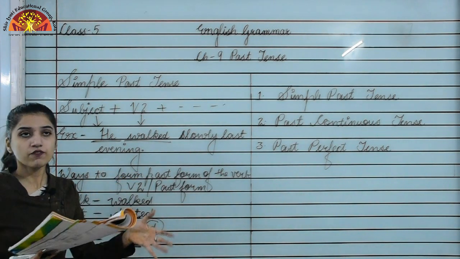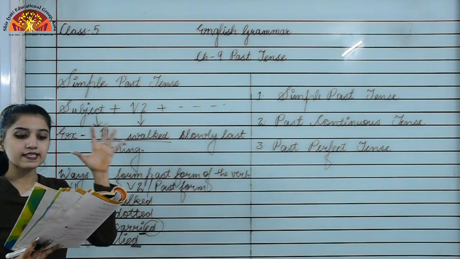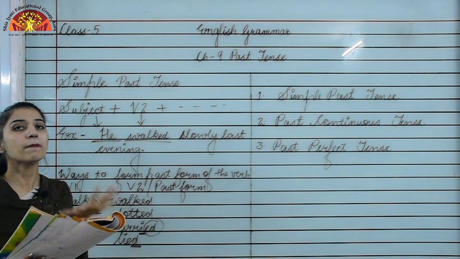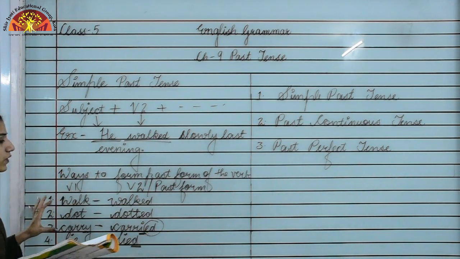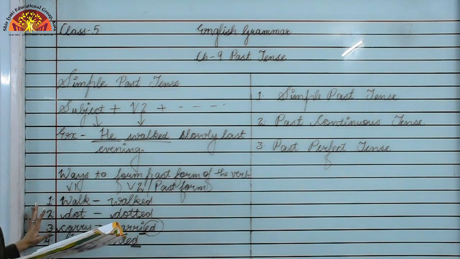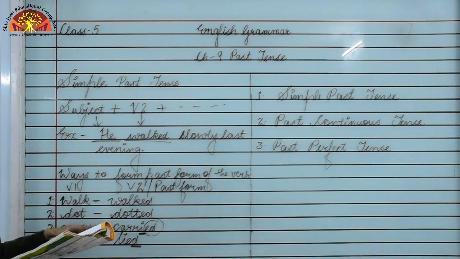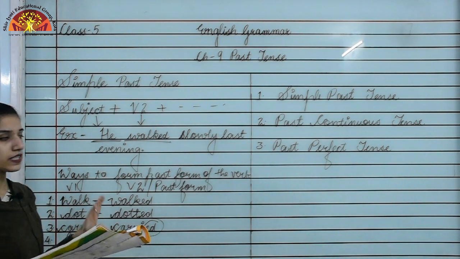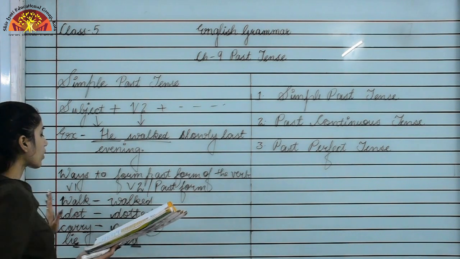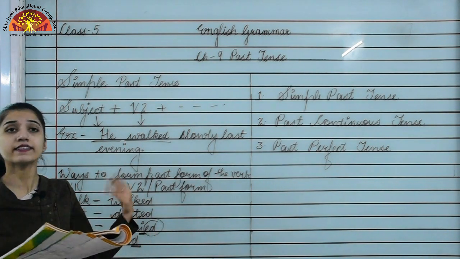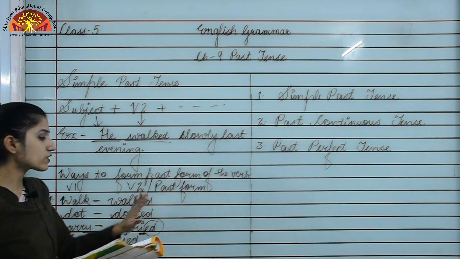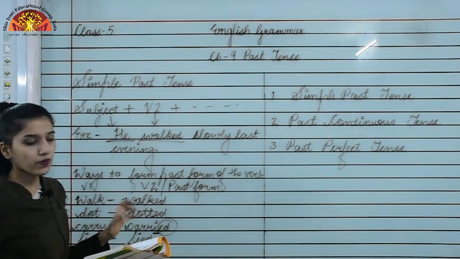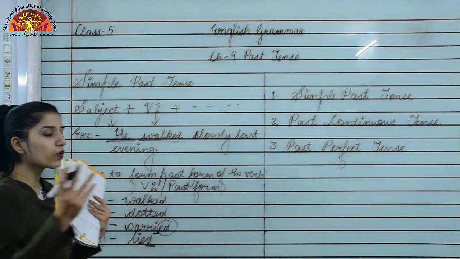Now there are some verbs that do not follow the set rule to form the past tense. There are some of the verbs that are not following the rules we have studied. The above rules, all the rules we have studied, they are not following. They are not just adding ed at the last, or replacing y with I and then adding ed. So they just change the whole word.